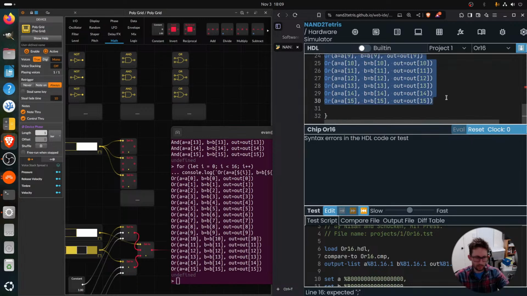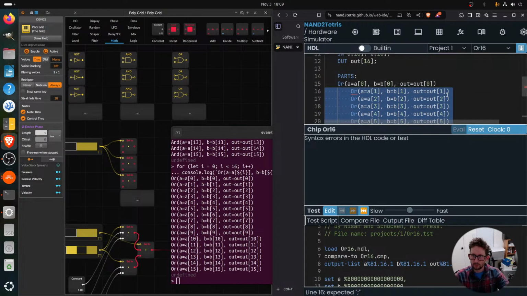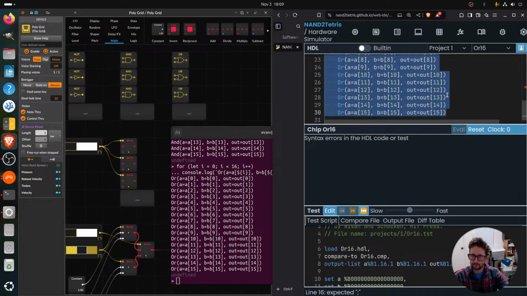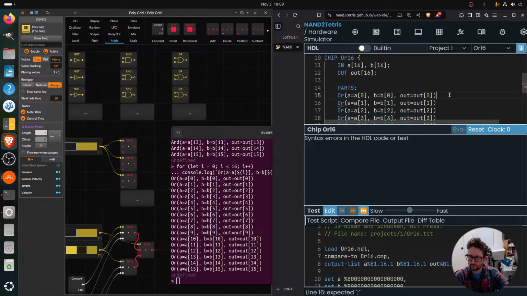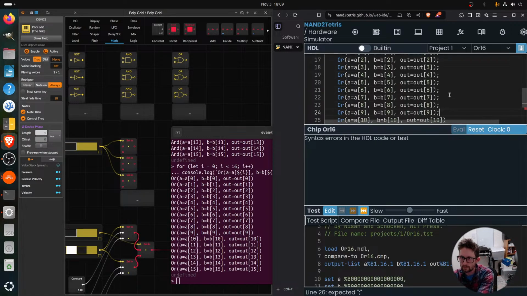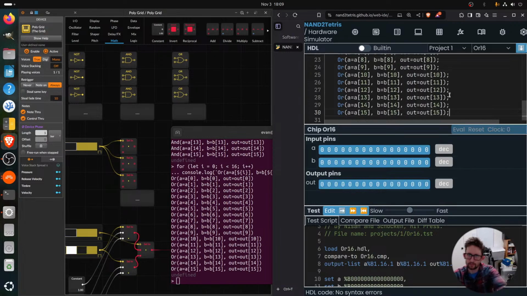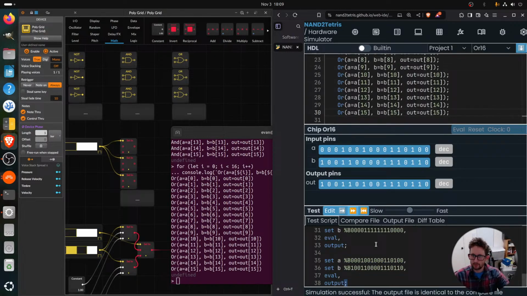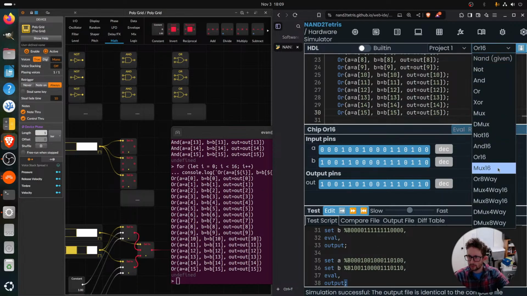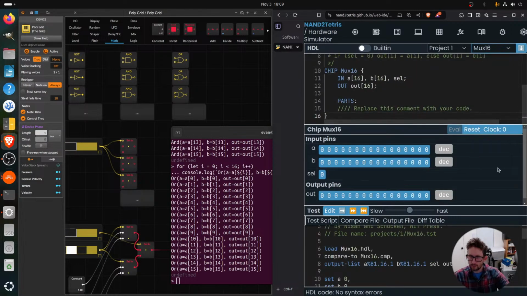Oh, I forgot the semicolon again. All right, looks good. All right, mux 16. I think this one's pretty similar, except now we have a select. So I'm just gonna write